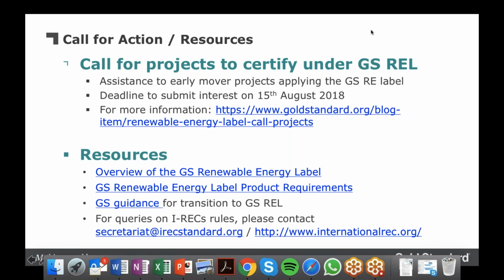And for some countries there are some restrictions on the project types. In some other countries, it is any renewable energy project. So the restriction doesn't come, in this case, from Gold Standard, but from I-REC at this point. But there is an overlap between projects certified under Gold Standard and the list of eligible projects from I-REC.